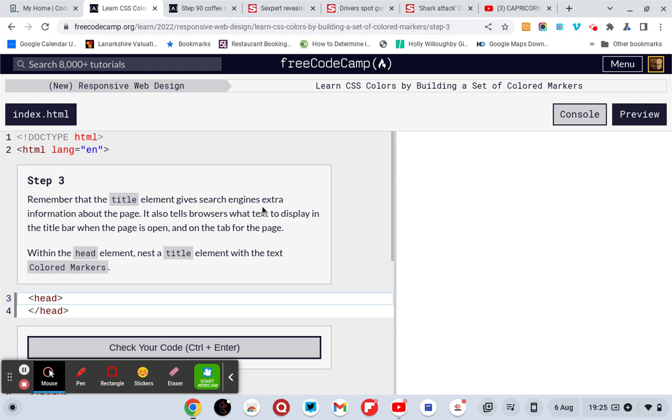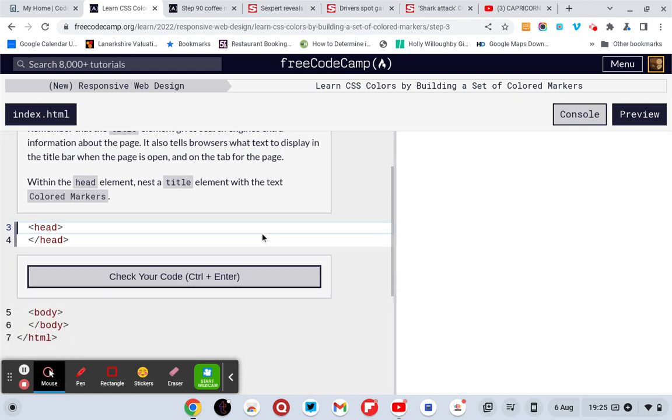Remember, the title element gives search engines extra information about the page. It also tells the browser what text to display in the title bar when the page is open and on the tab for the page. With the head element, nest